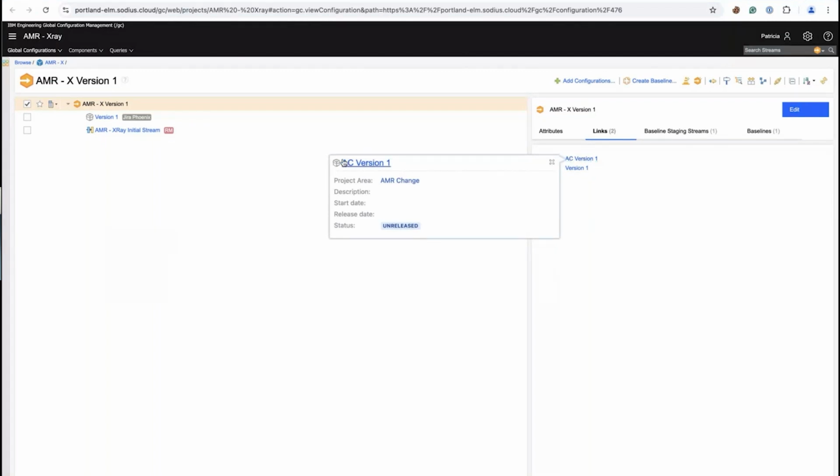This is my AMR change version project. These are different releases or different fixed-in versions that I might put on a Jira issue. So typically when we work with those, we're going to say, I'm going to work on this particular target or this particular element, and that's how we identify which changes I want to include within something like a DOORS